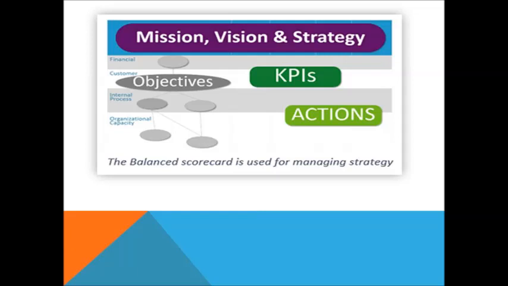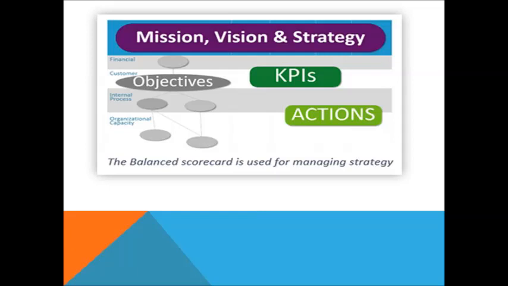We have the four perspectives on one hand, and the four perspectives giving us the objectives. Now objectives are matched towards the KPIs, and if we have those KPIs, actions definitely take place. So overall it is the performance which is being measured, and the entire thing is going to be mapped towards the quality of the mission, vision, and strategies that are being taken care of from the side of the senior management.